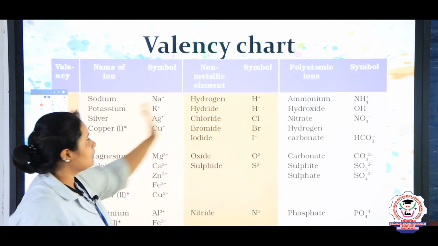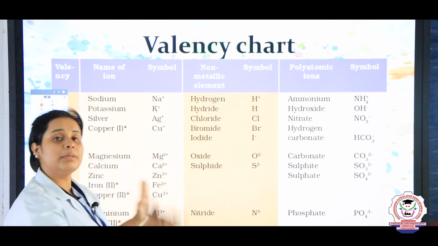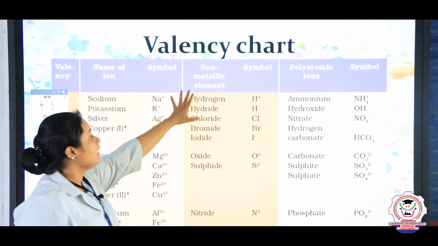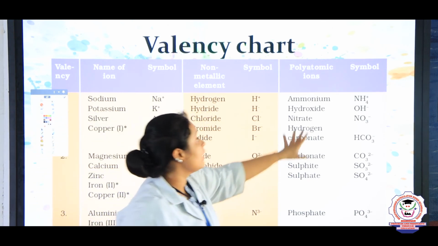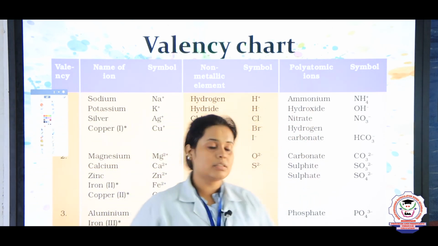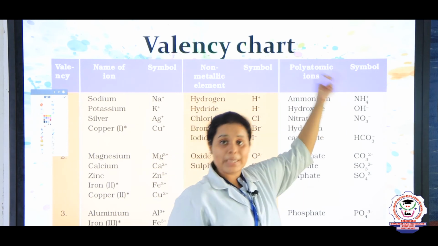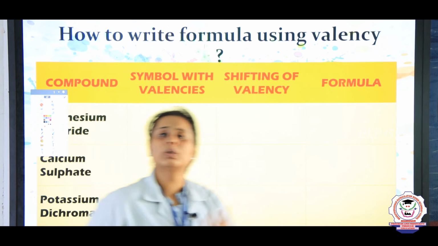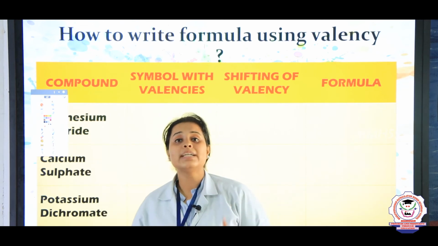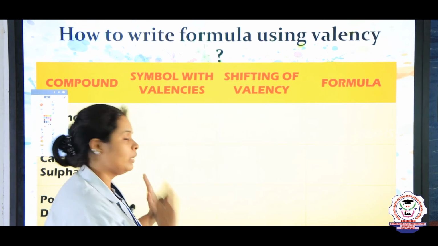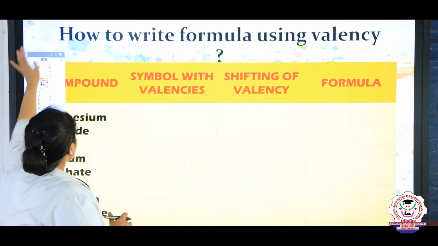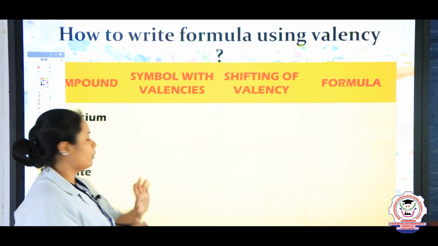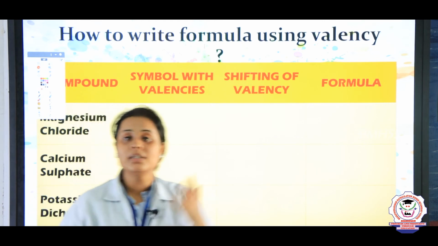Then this is a representative chart showing the positive valency, then the negative and positive valency, and finally the radicals, which are also known as polyatomic ions. So students, after finding the valencies, you should know how to create a formula. Right now we know what the valencies are. So first we should see magnesium chloride.